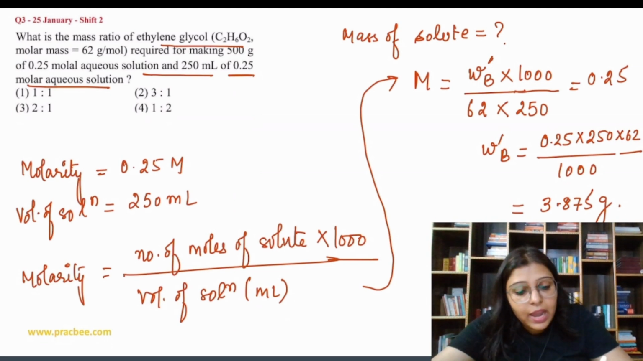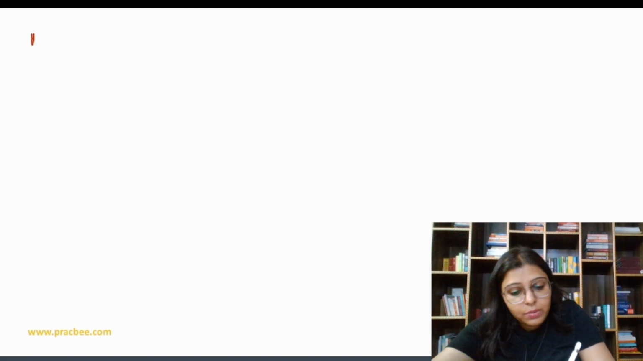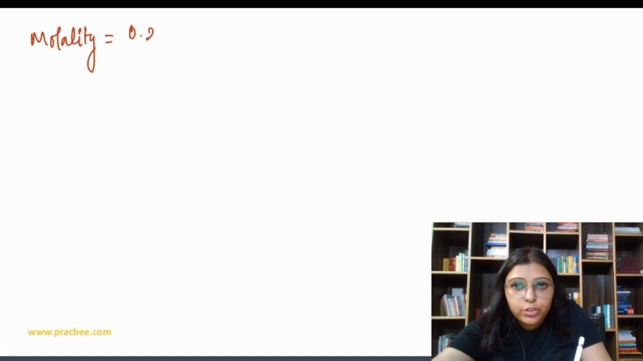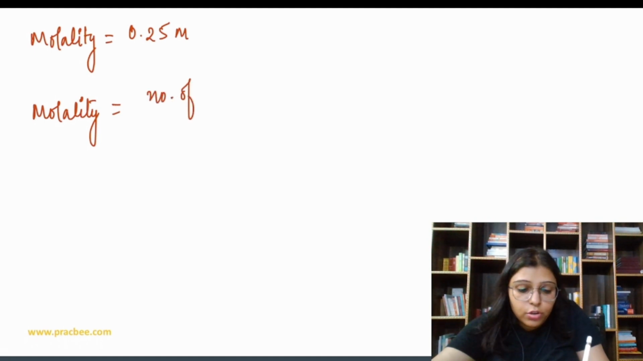Similarly, we have to solve for this statement: required for making 500 gram of 0.25 molal aqueous solution. Molal means molality. Molality is also 0.25 molal. But how to solve molality? Molality is number of moles of solute